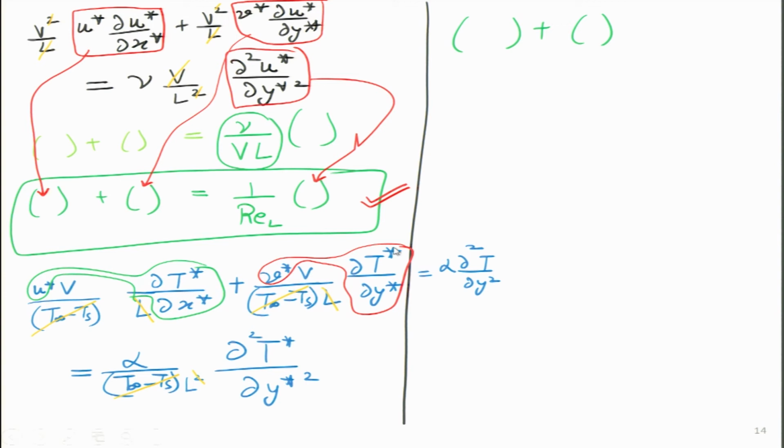And what I will get on the right hand side is simply alpha, because alpha is still remaining over here, alpha divided by V into L into this bracket over here, which is the last red bracket, which is this thing. These three brackets we can plug in, that I will leave to the students. Now, what does this look like? Alpha divided by V L. What does alpha divided by V L look like?